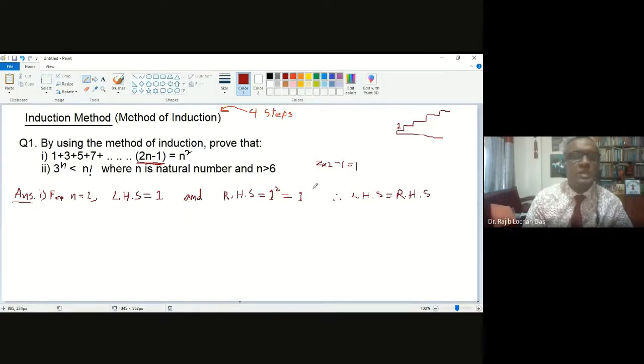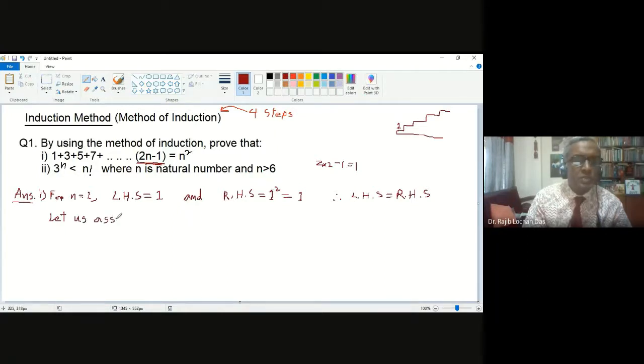So we check this for a certain value, normally the first value. This is our step number 1. And then we go to the next step. So the next step is we assume that this is correct for another value which is unknown. Okay, so you will assume, means you will write, let us